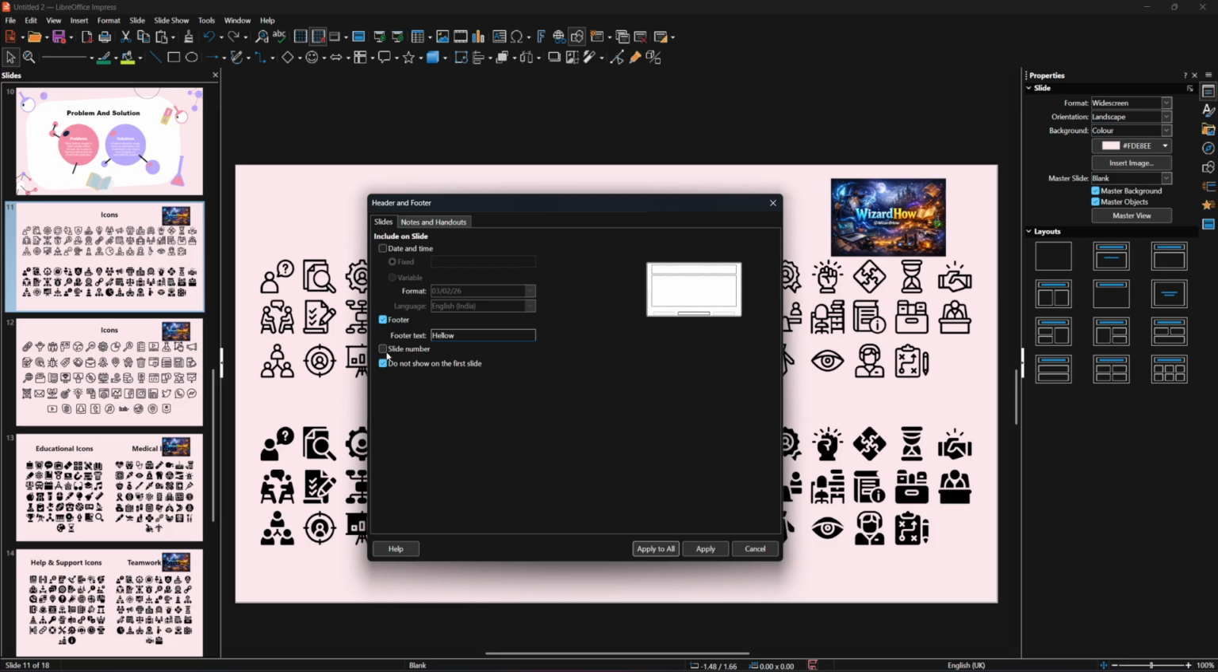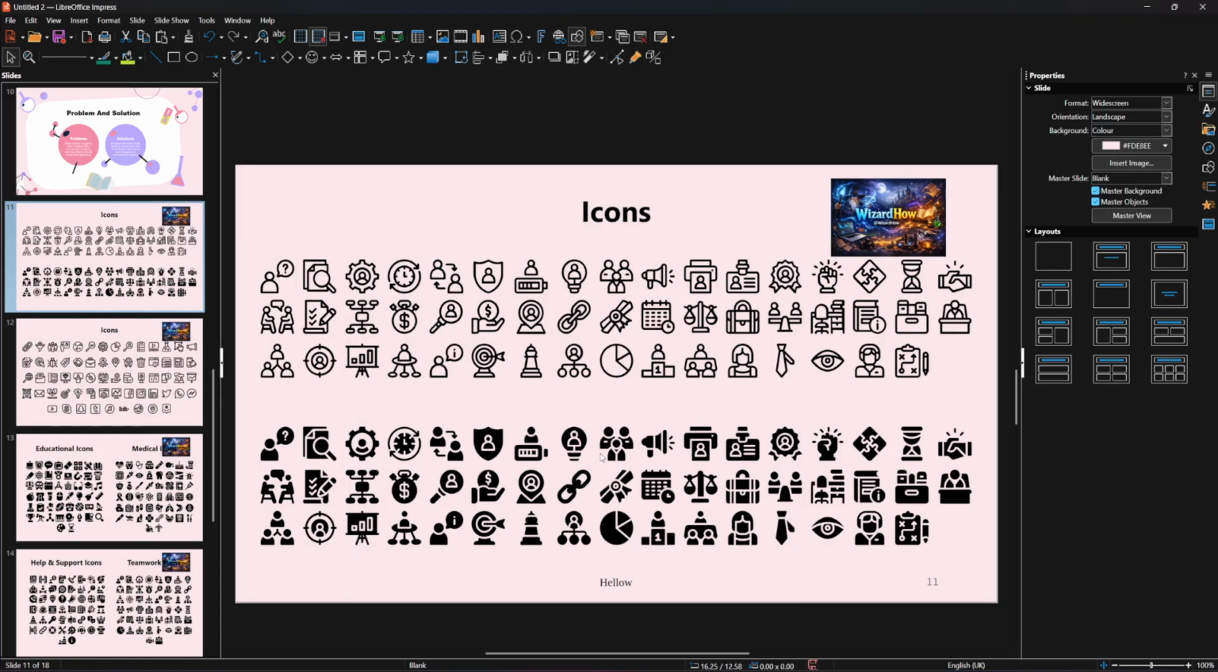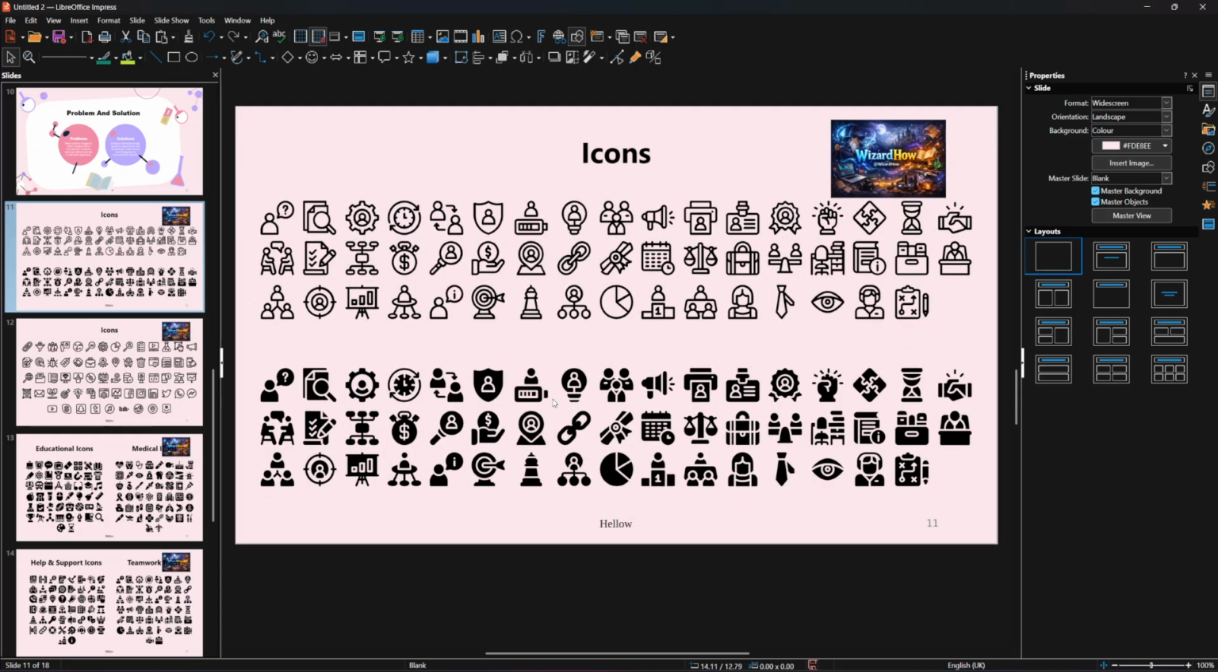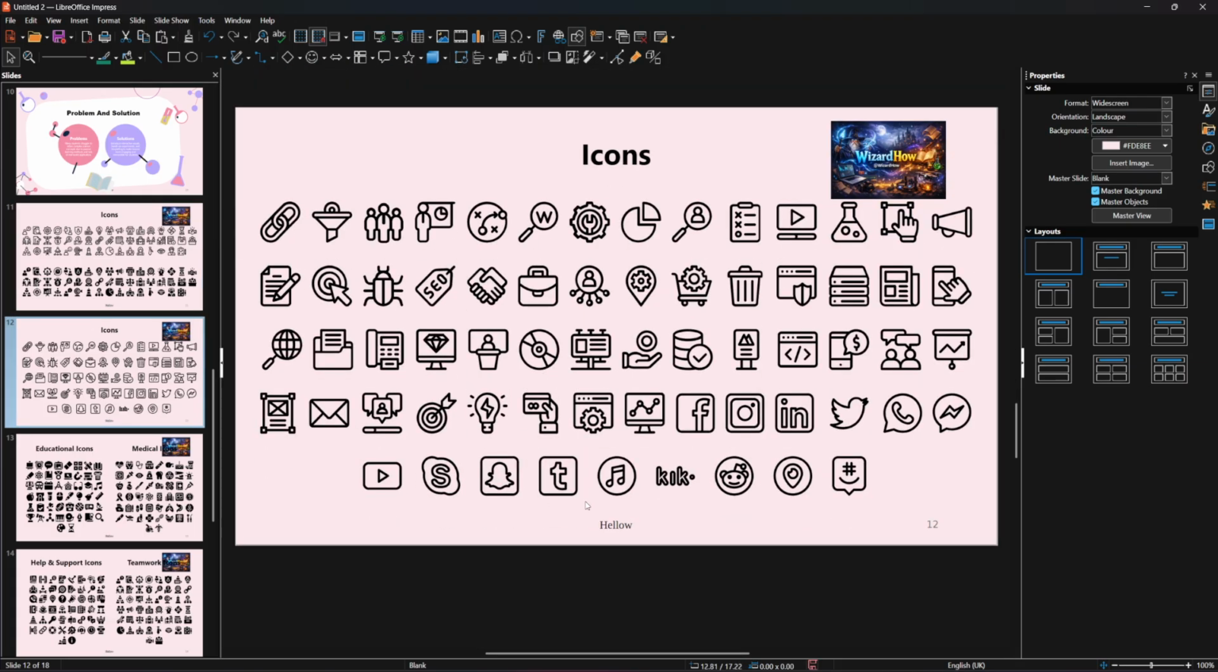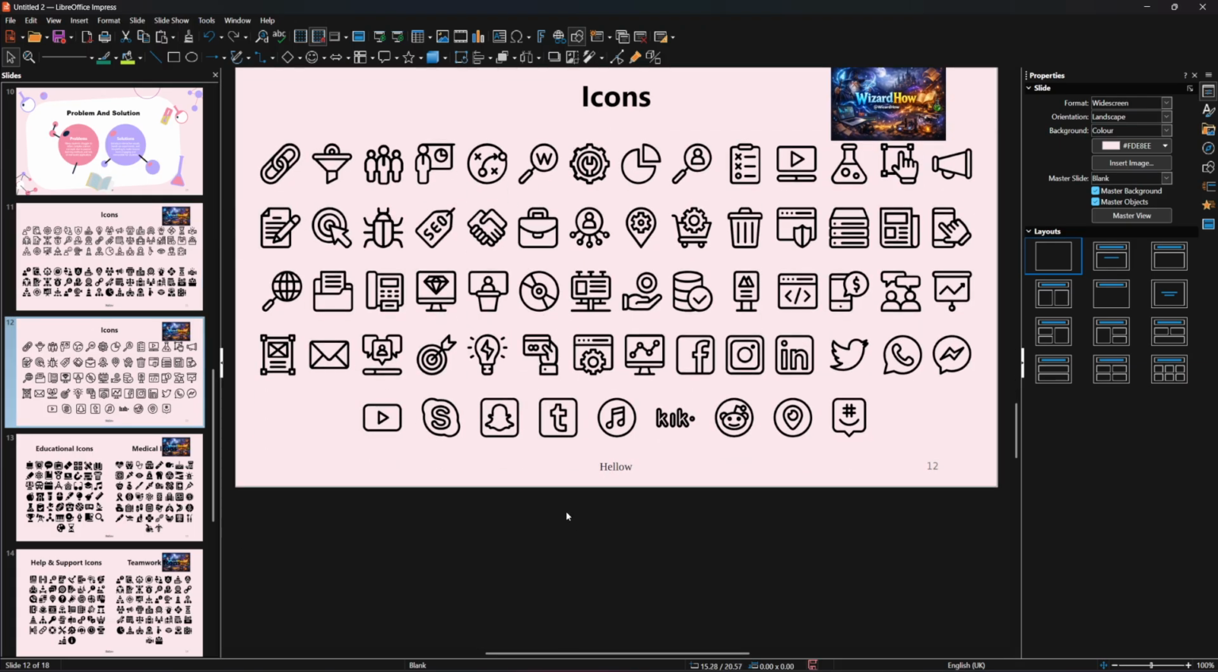Now you can also check Slide number if you want automatic numbering, and check Don't show on title slide to exclude the title slide. And when you are done with that, just click Apply to All, like that. And as you can see, we have here now the footer